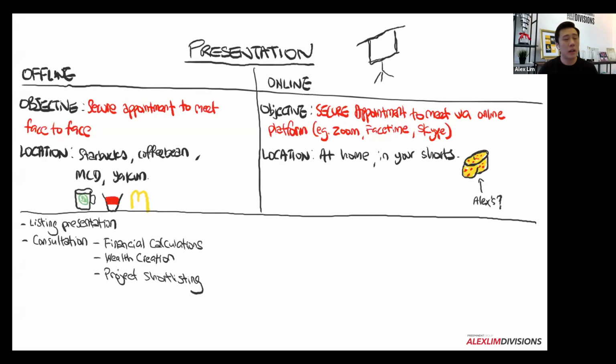And trust me, after the circuit breaker, there will be clients that still don't want to meet up with you. I'd rather you do an online presentation. I'd rather you do an online shortlist, because after the shortlist, if they go down, what does it mean? They already sold. So it's a good way for you to qualify your clients online. Take one whole day, you can settle 8 to 9 clients. You don't need to meet them face to face, so you can speed up the time to qualify them.